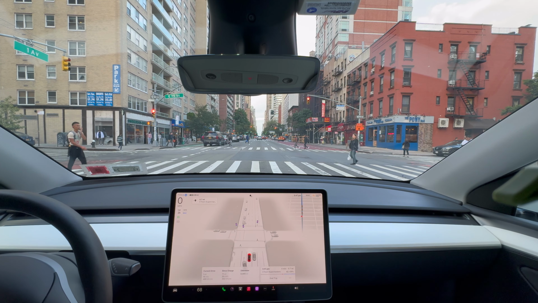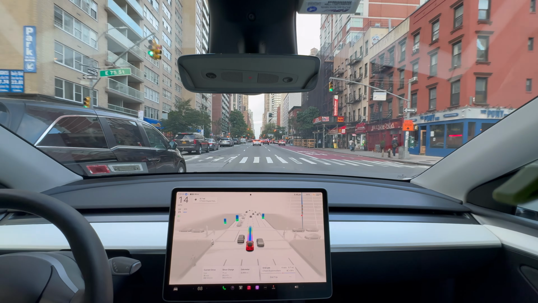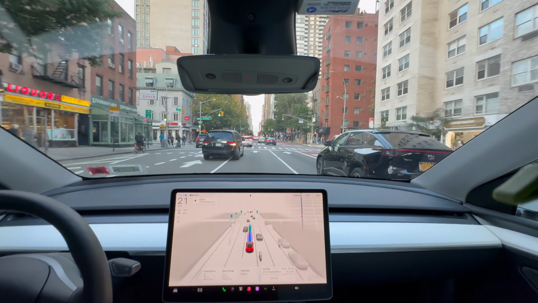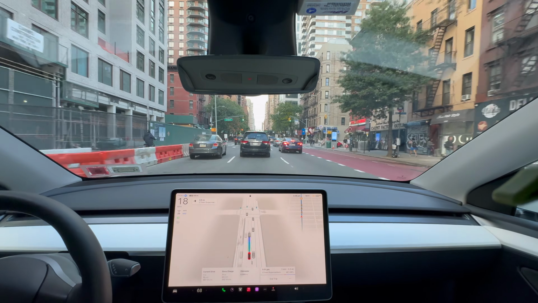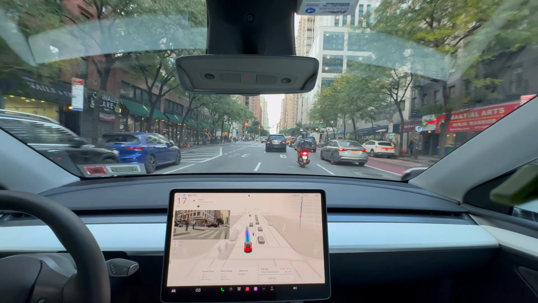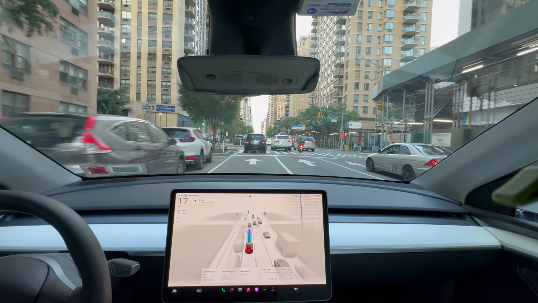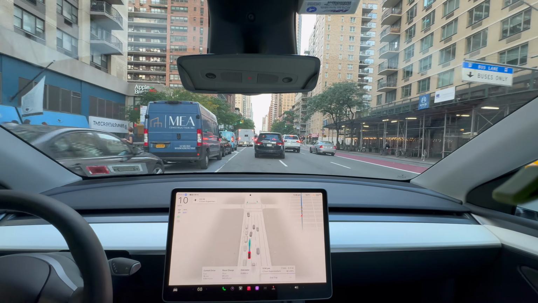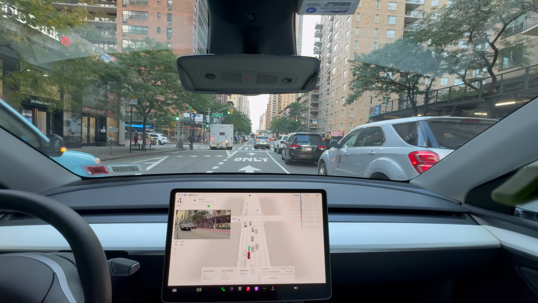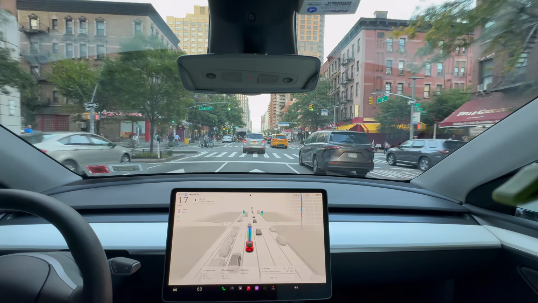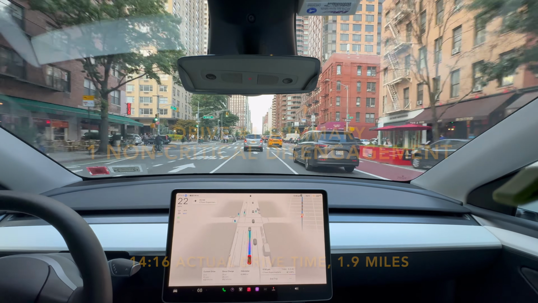Feel free to disagree. One final note as we complete drive number 1, lane selection. FSD still makes questionable and unnecessary lane changes. There are many instances where FSD's lane selection puts the car in a worse position, such as behind a stopped car or too far away from an upcoming highway off-ramp. It almost feels like a younger, more impatient and inexperienced version of myself that believed I could weave my way